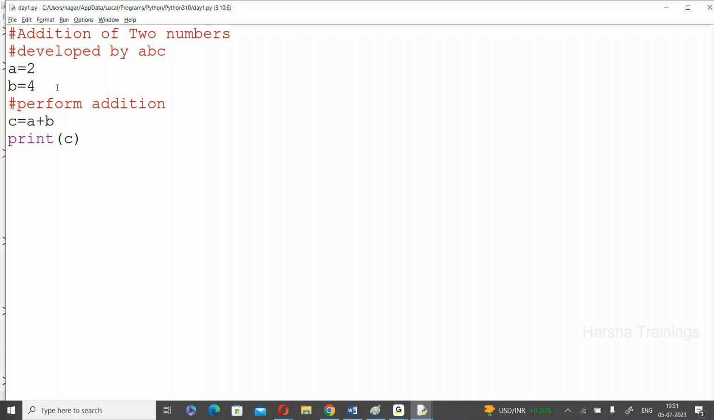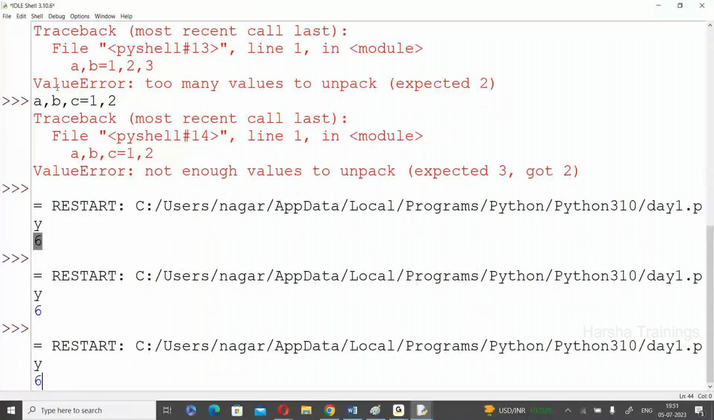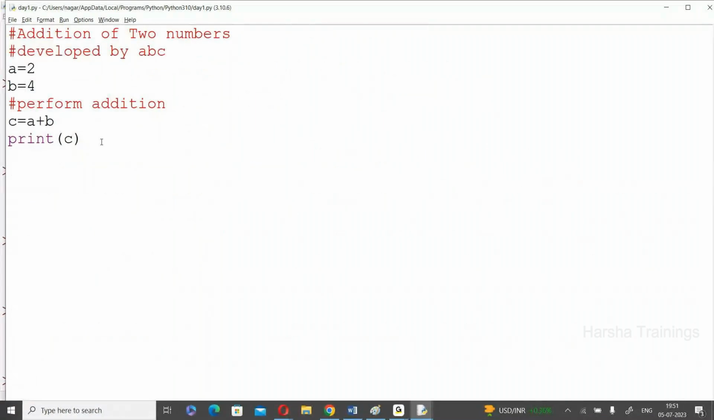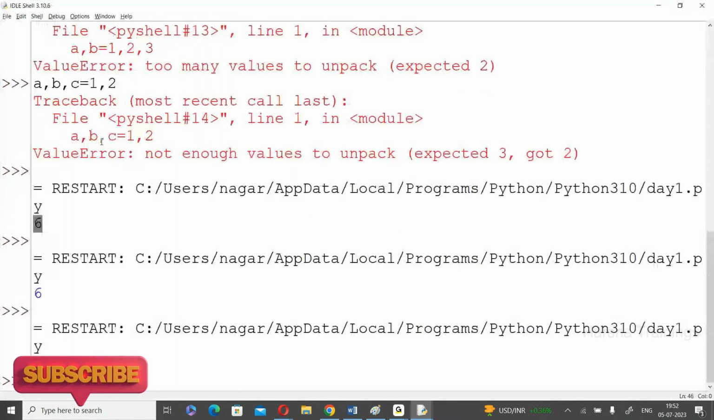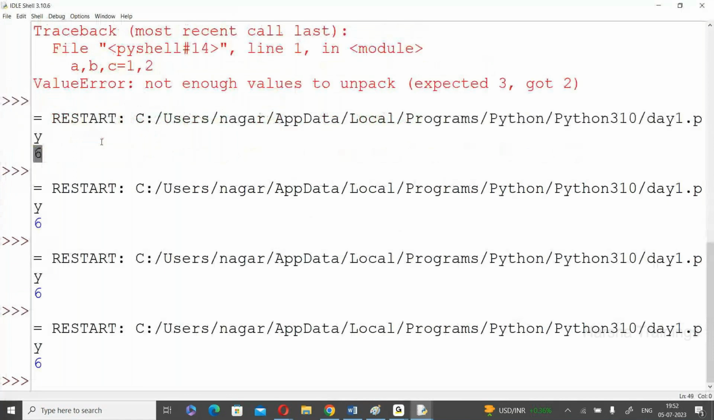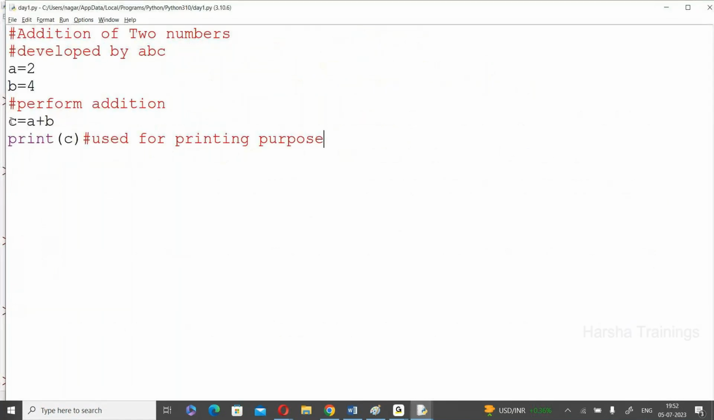Now see this one. You are getting the answer 6 without any problem. Here also, this line is used for printing purpose. In the future, whenever I refer to this one, this is the line for printing. Execute. You are getting the correct answer. Yes, but if you are writing here,